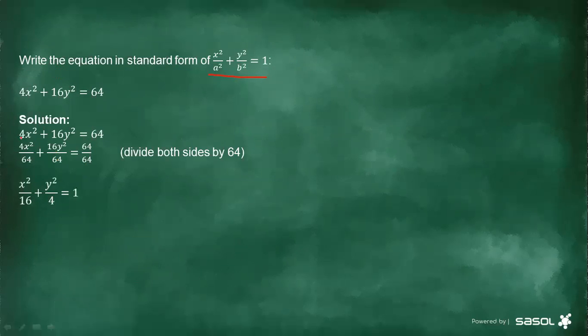Then after having that, we say 4 divided by 64 gives us 1 over 16. Then that is going to be x squared over 16. Then 16 divided by 64 equals 1 over 4. Then it's going to be y squared over 4 equals 1. Then we can now clearly see what the value of a is, which is 4, and the value of b, which is